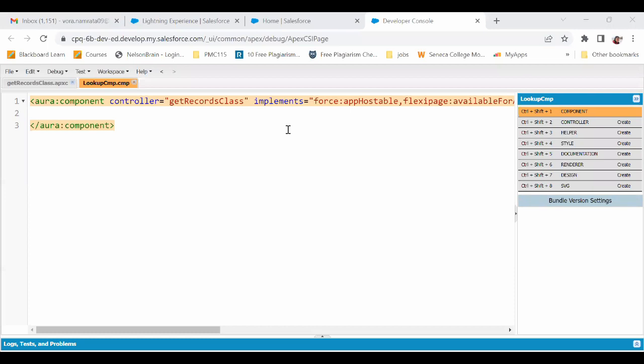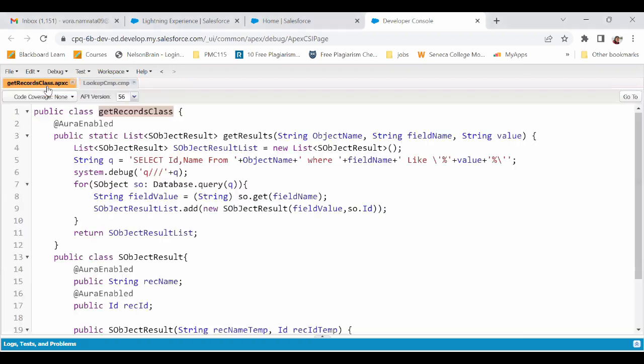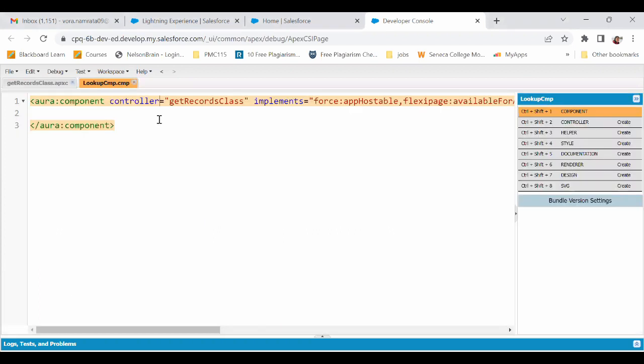Now, the next thing that we are going to do is we are going to create a lightning component. So that's what I've done. I've created a lightning component named lookup CMP. In that, I've introduced the controller. Now, controller is that Apex class that I showed you, wherein we are getting the results of some object. Okay. Now, the next thing that I'm going to do is